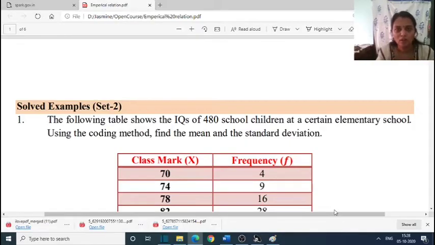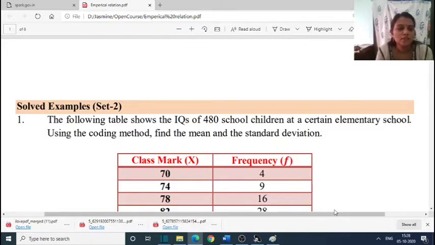Good afternoon all. Last day we studied standard deviation and variance, and we did various problems of standard deviation from grouped data and from a frequency table using the coding method and so on. So today also we have some problems, and the empirical relations between the standard deviation and the mean deviation. First we are moving to the problems.